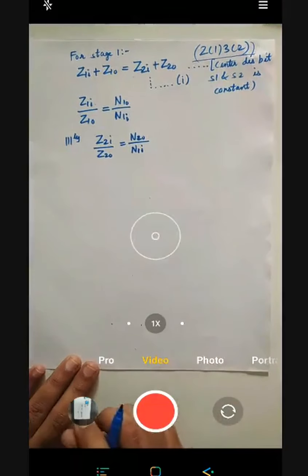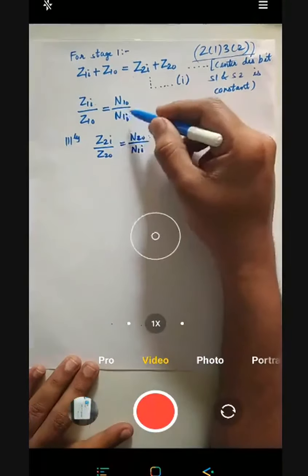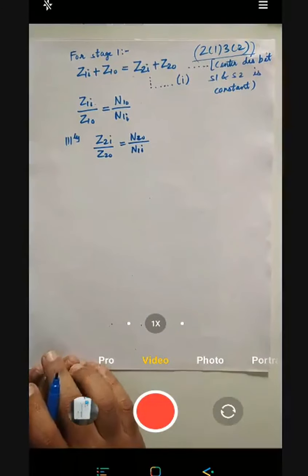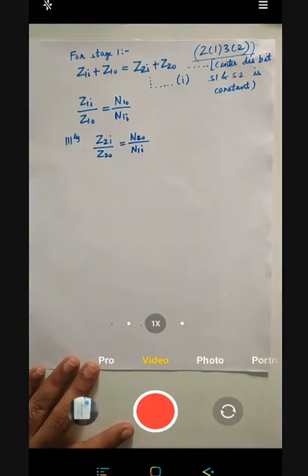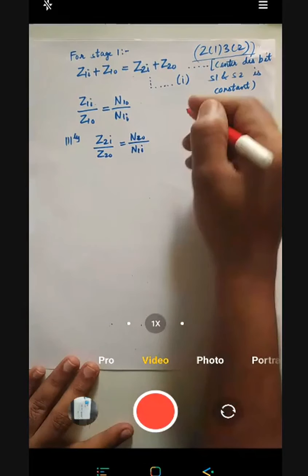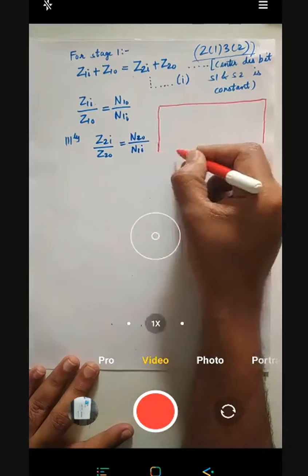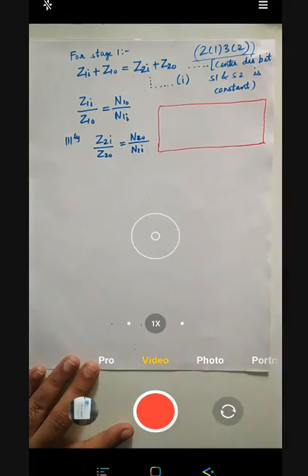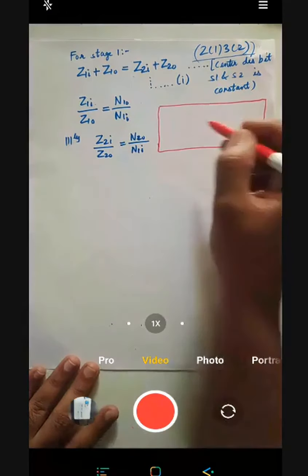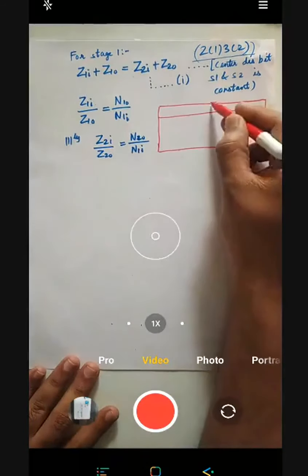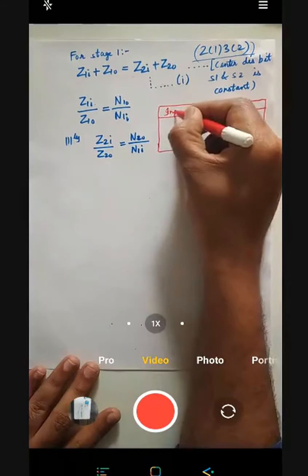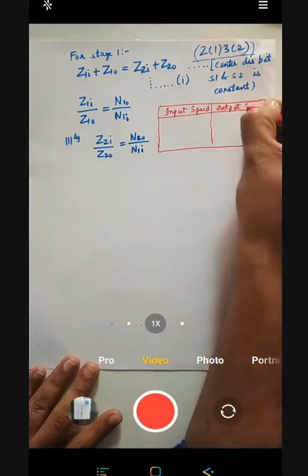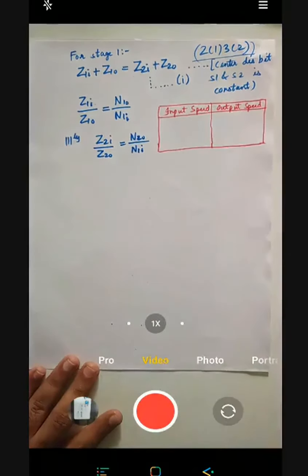In that optimum diagram, I think we have these speeds, and if we can get that speed from that optimum diagram, then it is easy for us to substitute things and get the thing done. So what I will do is, you basically don't write anything now. पहले आप देख लो. I will give time for you to write. Now see from where to calculate the speeds. So I will write input speed. There are two input speeds and two output speeds. Just see, later you can write. I will give you time to write.